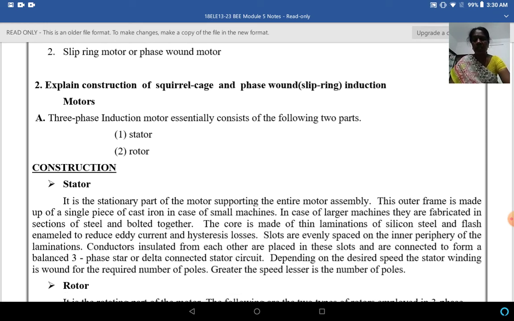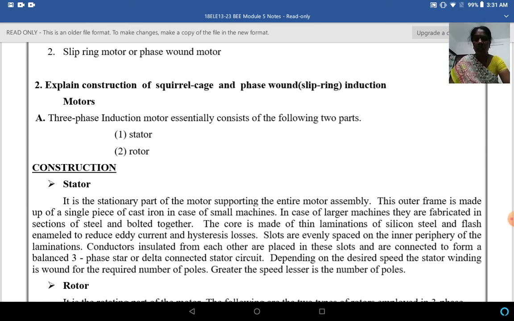As you have seen, a DC machine or an AC machine consists of two major parts, the stator and the rotor, or you can say the armature and the field winding. Whenever a coil is rotated inside a magnetic field, EMF will be induced. When a current carrying conductor is placed inside a magnetic field, the conductor experiences a twisting force which makes it rotate. This is the mechanism of the motor.